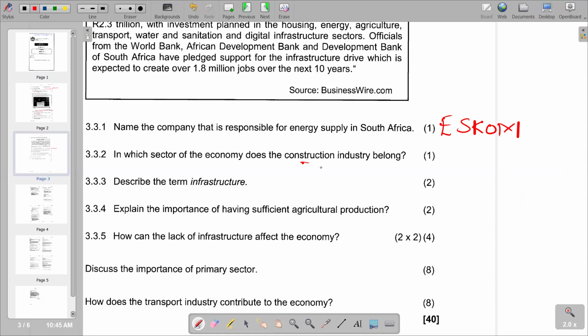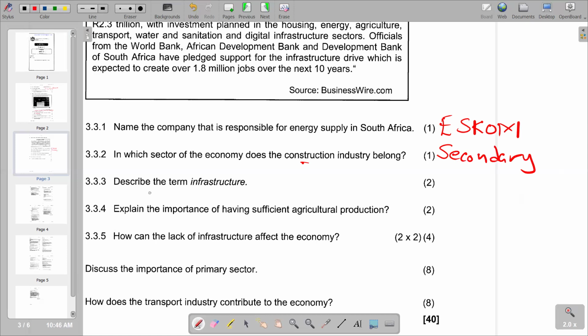So in the construction industry, the conversion that is taking place is, for example, the building of houses, conversion of inputs into a final product, the final product being the house. So basically, the correct sector that we have there is secondary